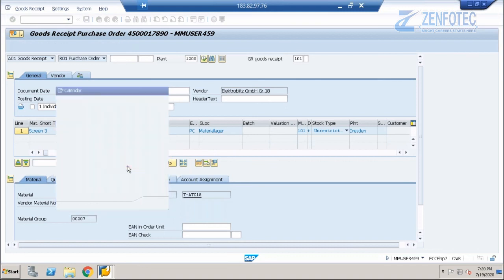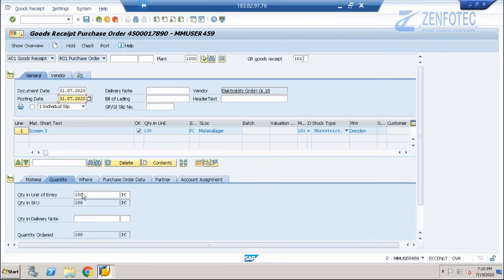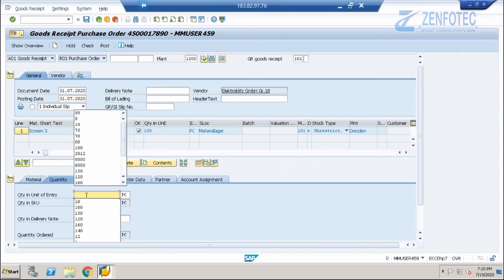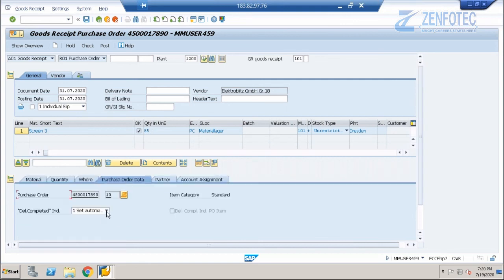The calculation remains the same, and we are also going to give a lesser quantity to him. So 85, and we have to go here and set this indicator, set, enter. So now everything is fine. So we have varied the date, we have varied the quantity, and we have set the delivery completion indicator. So save it.